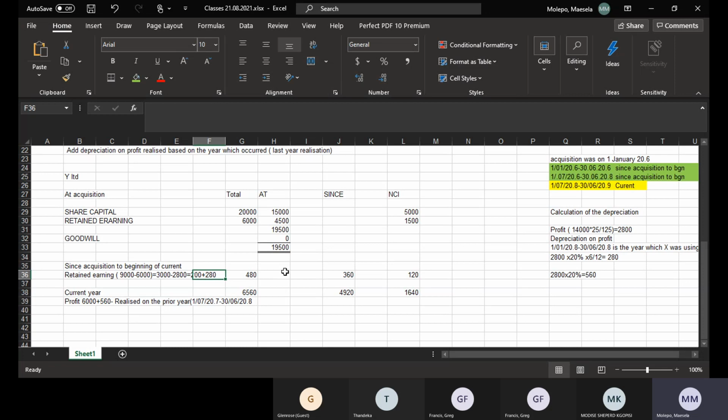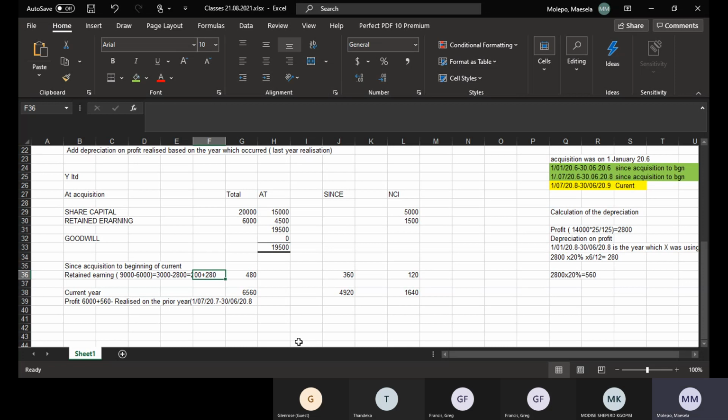On the machinery point of view, we have the 14,000 and the 20,000, which are the cost of the assets. Then we less the 2,800, which is the profit realized. Then the minus accumulated depreciation. The accumulated depreciation will be the 6,000 from X and the 4,000 from Y, and then they minus the 840. The 840 comes as the accumulated depreciation based on what happened in the last 18 months, which